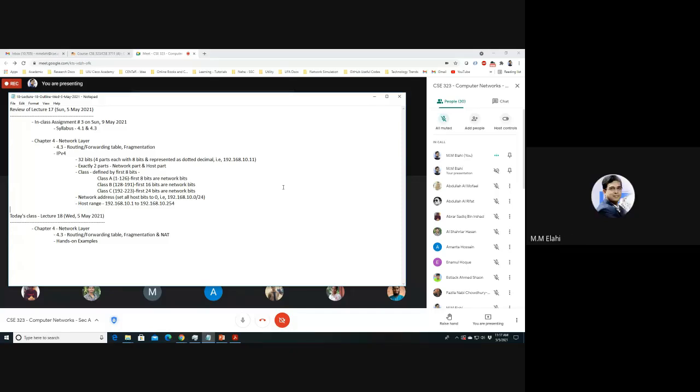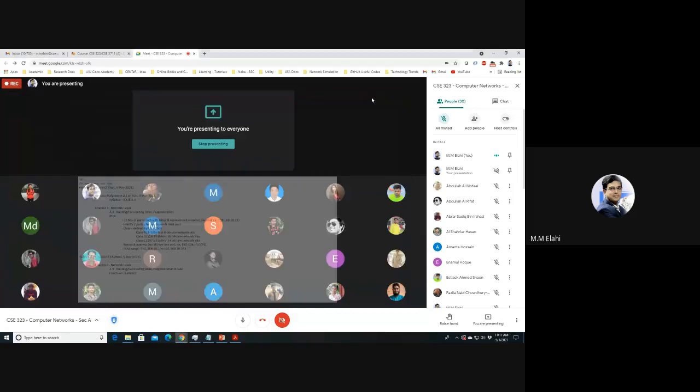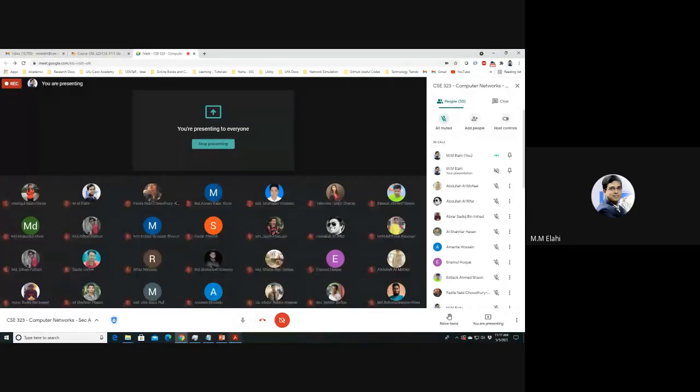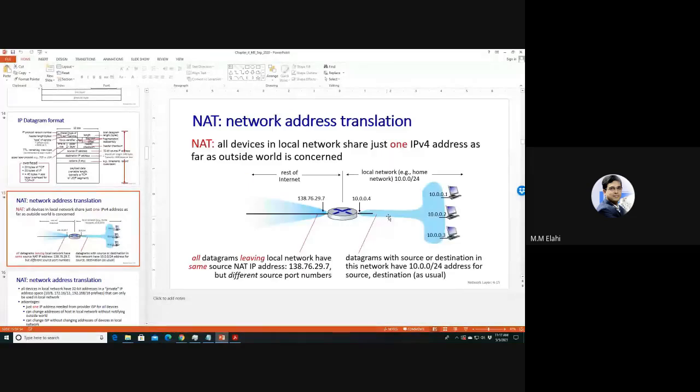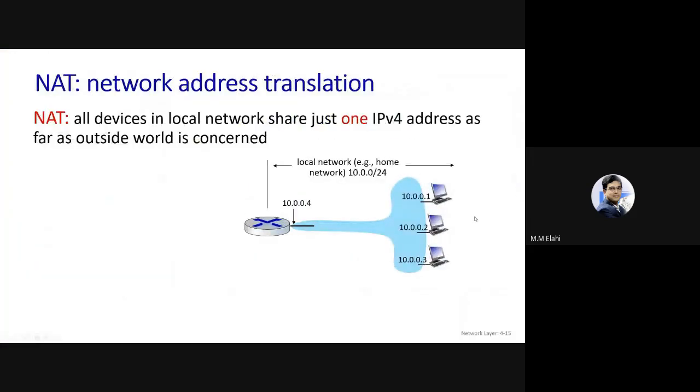Okay. So now, before I go to hands-on examples, let me first cover the concept of network address translation. That is also part of section 4.3. So before going to NAT,